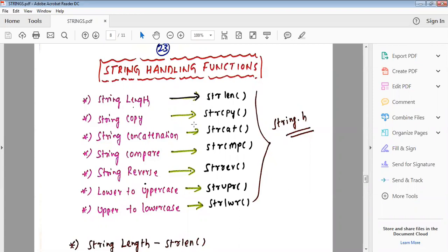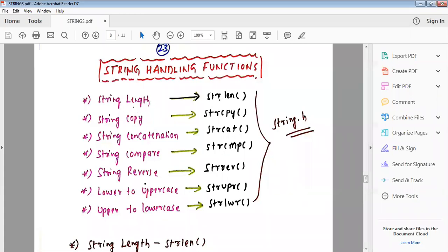First one is string length, second is string copy, third is string concatenation, next is string compare, then string reverse, then lower to uppercase, and upper to lowercase. These are the functions to handle the strings.